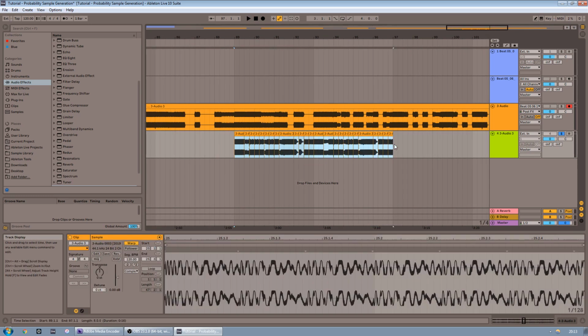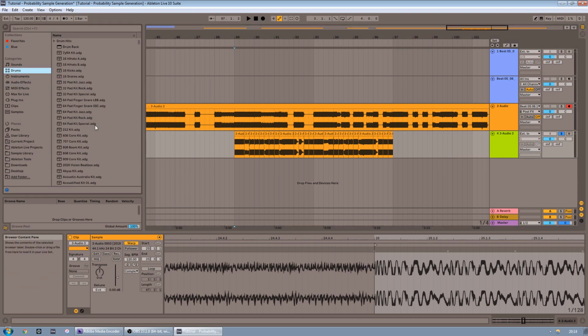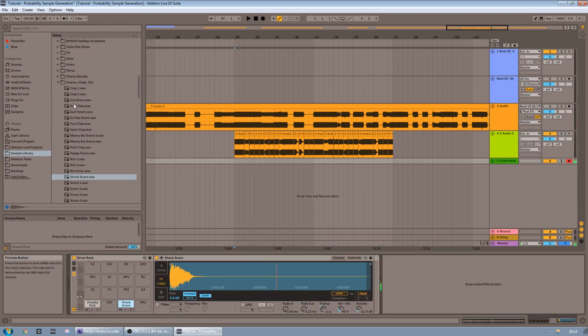Okay, so I've arranged some samples here, just something basic, and let's play through it. So this is just kind of like a standard 8-bar loop, and if we start to do things like put a drum rack behind it,